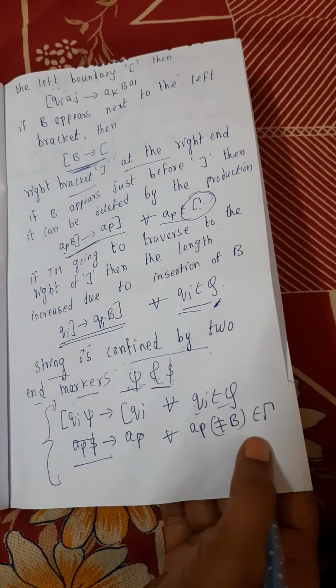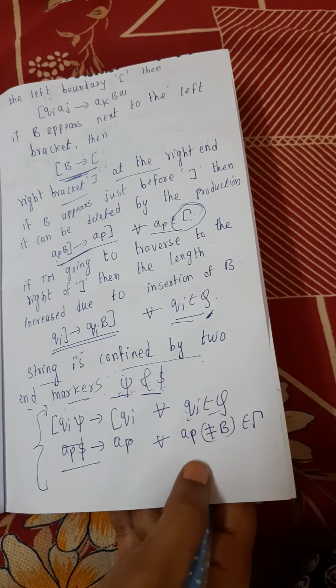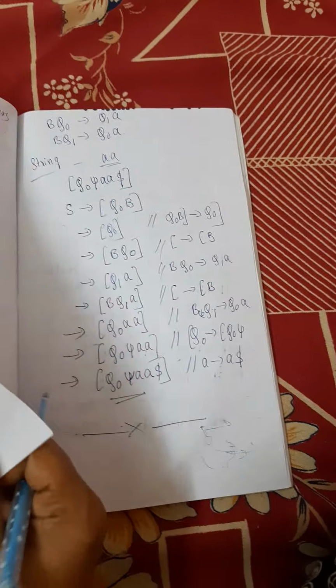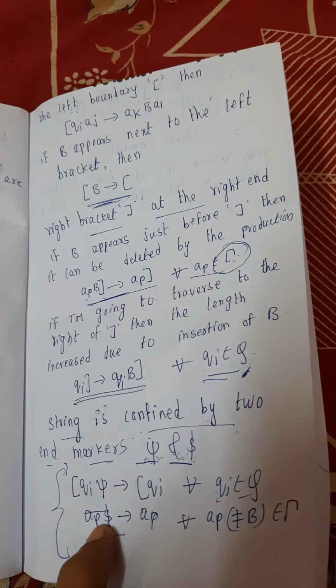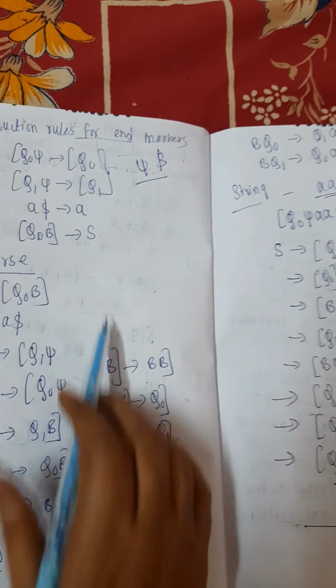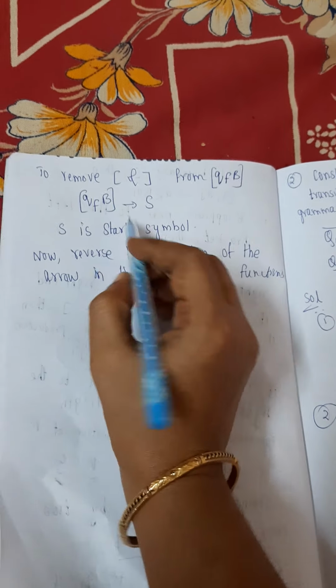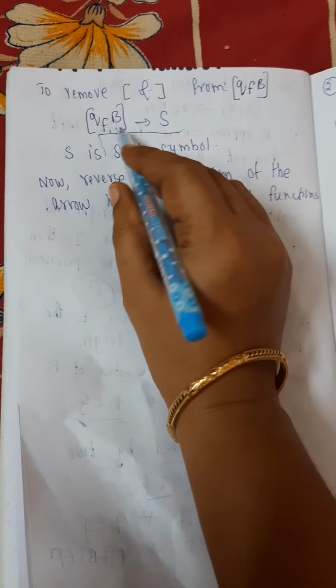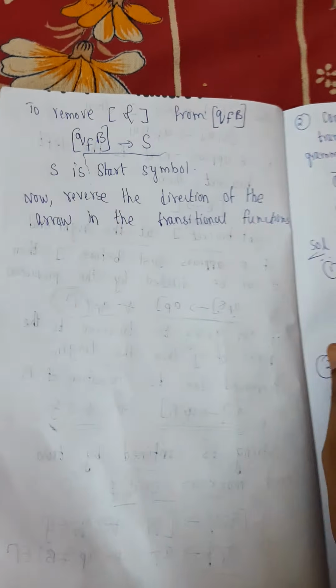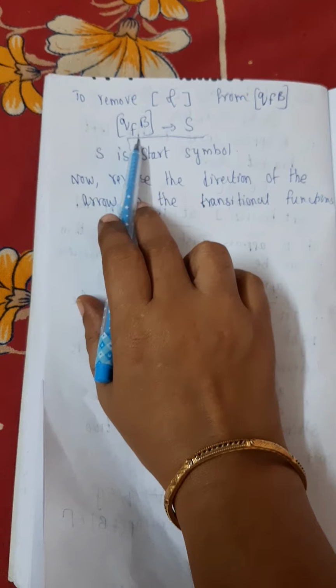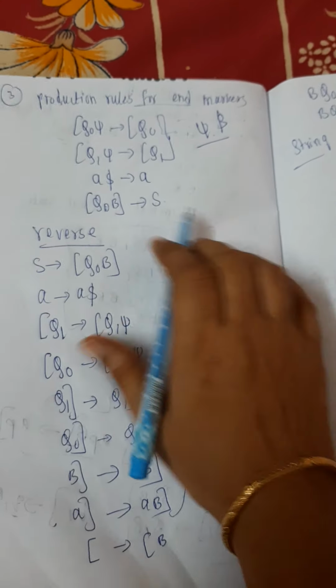Now the other one is for not the blank symbol, for all the other inputs. What are all the inputs you have? A and blank. So blank we should not take, only A we have to consider. So for only A, dollar A. And this is one you have. And what is another production you have? This is one more production you have here. QF. Q0 is the initial and the final state. So for the final state, Q0 B tends to S.